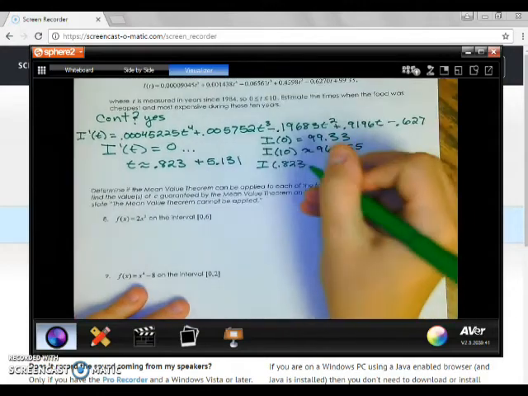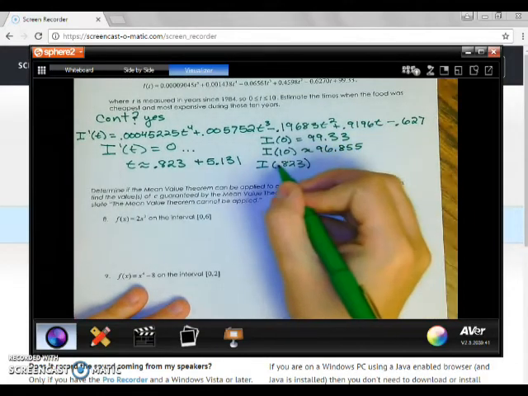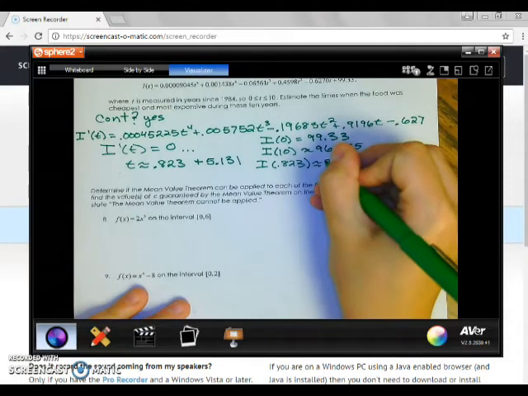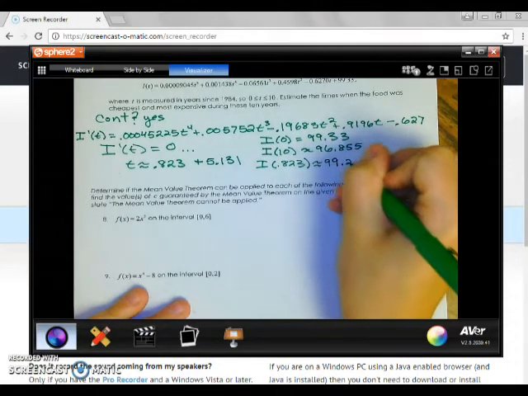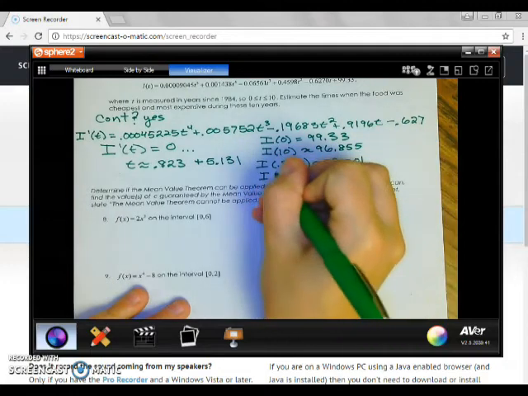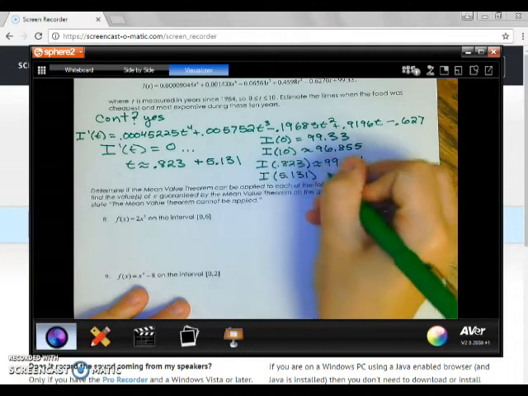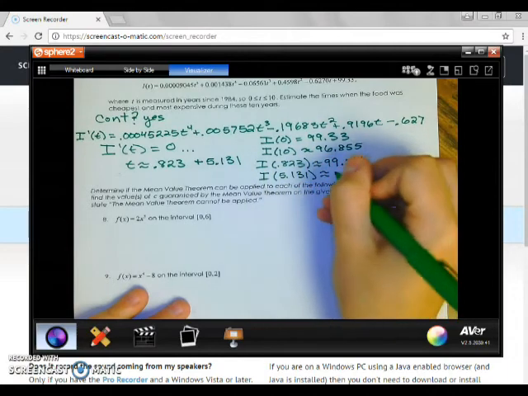Let's go ahead and plug in that 0.8 number. I hope that wasn't a 0.08, but when you plug that in, I wrote down that it is 99.201, and then if you plug in, what was the other one, 5. Plug that in, and I got